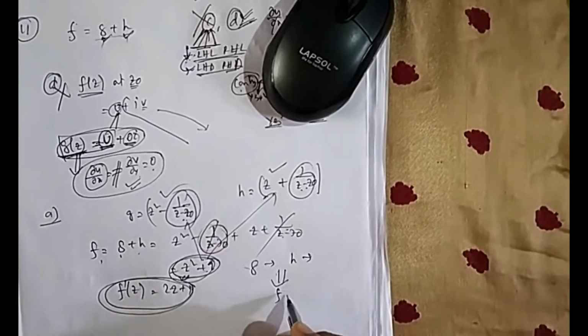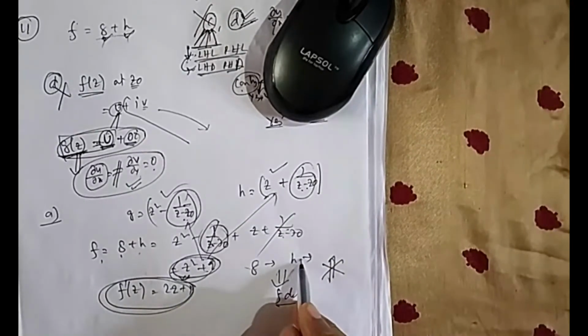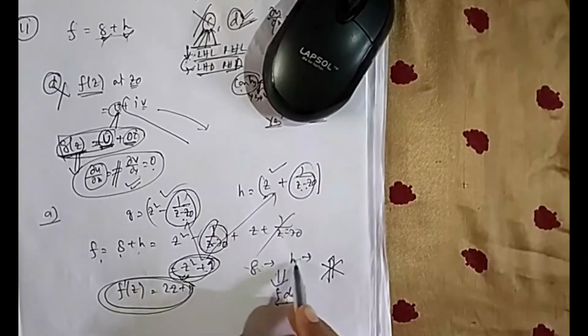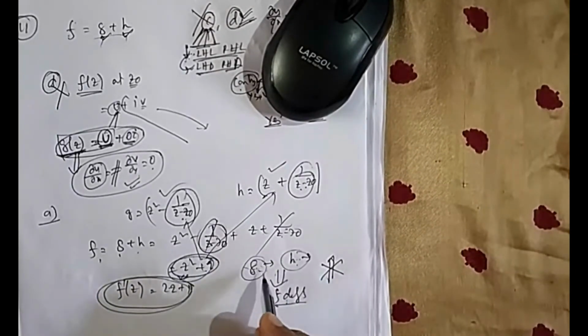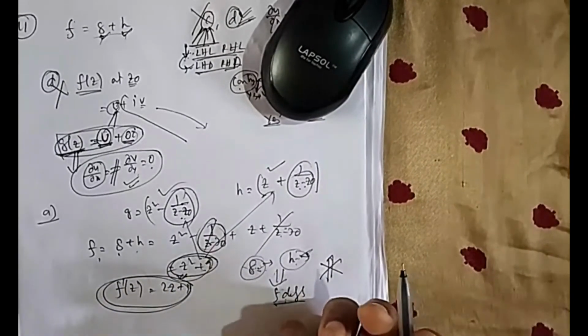So what can you say? If g is differentiable and h is differentiable, then f will also be differentiable. But the reverse you cannot say, because f differentiable doesn't mean g and h are, as there may be some critical point which gets cancelled out, for which f becomes differentiable. If you go back, that critical point comes again, so they will not be differentiable. But if they are individually differentiable, then the sum will obviously be differentiable. Individually differentiable, no critical point here, no critical point here. So in the sum also there will be no critical point.